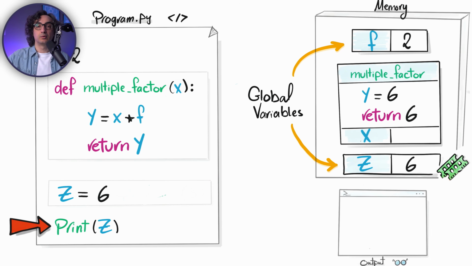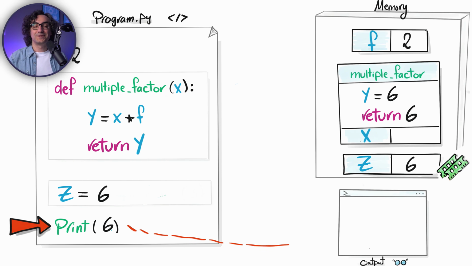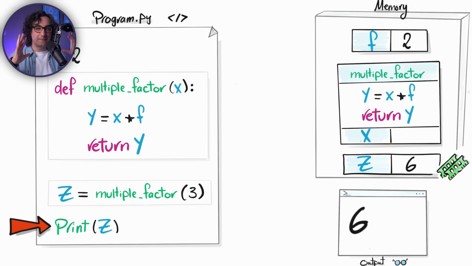So for example, we go and print it. It's gonna grab the value from the memory and put it in the output. So now my friends, as you can see, you now have the full big picture on how everything works together: the input, the arguments, the local variables, the global variables, the output, the return. And it's pretty easy, right? So everything makes sense.